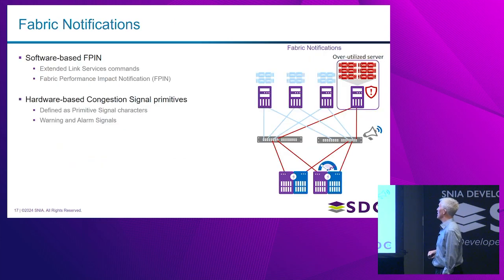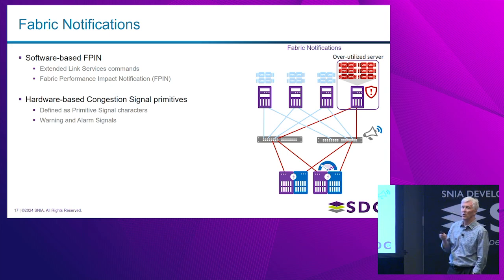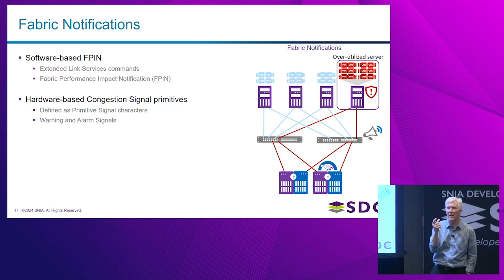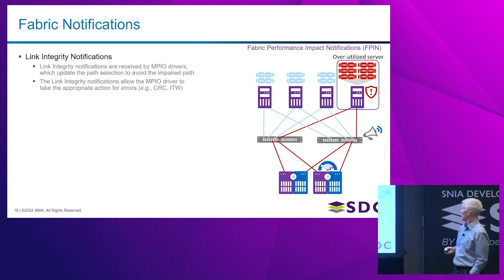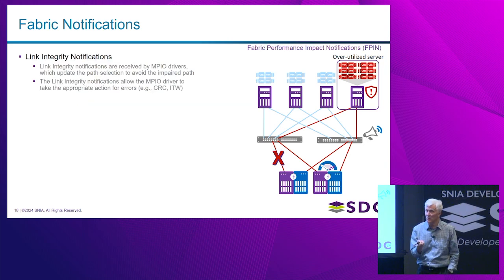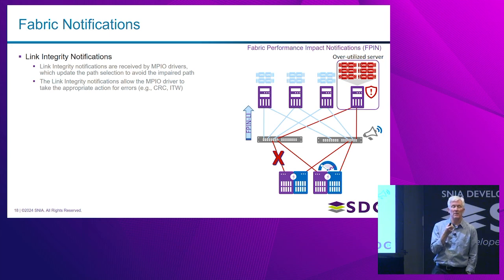So we started hitting the market with implementations that utilize the software-based FPIN, which is the Fabric Performance Impact Notification, ELS. So it's a command that's used for either the switch or the HBA to be able to say, hey, I've detected a problem. This is the problem I've detected. This is the reason I'm flagging the error, and this is where it is, and send that back to the end device. Or the signal mechanism, which is a primitive signal that can be sent between the devices. So that allows us to categorize the types of errors into different buckets, if you will.